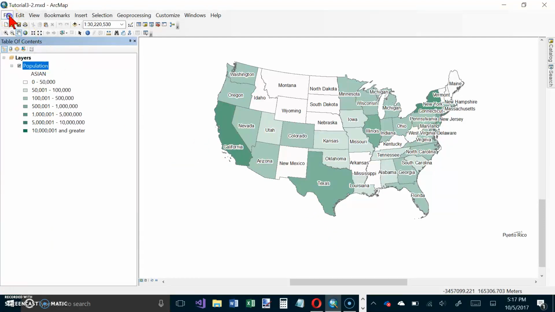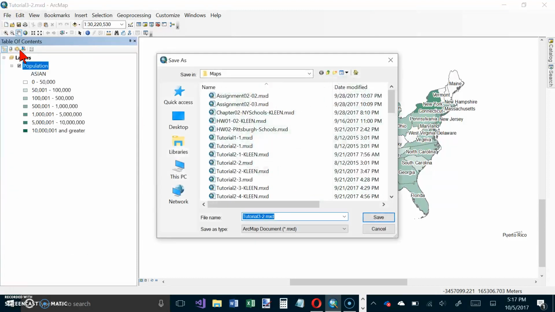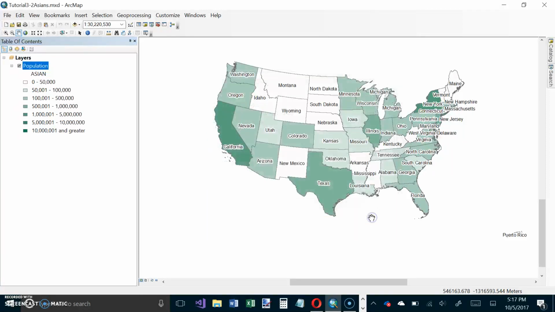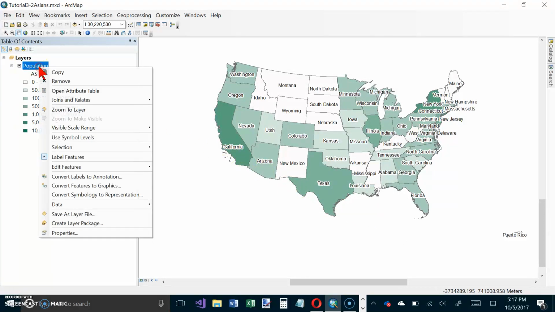So it says save this, and we will do a save as, and we're going to call this tutorials 3-2 Asians. And then we'll click on save. And we want to right click on population over here and want to save it as a layer file. So let's find save as layer file,